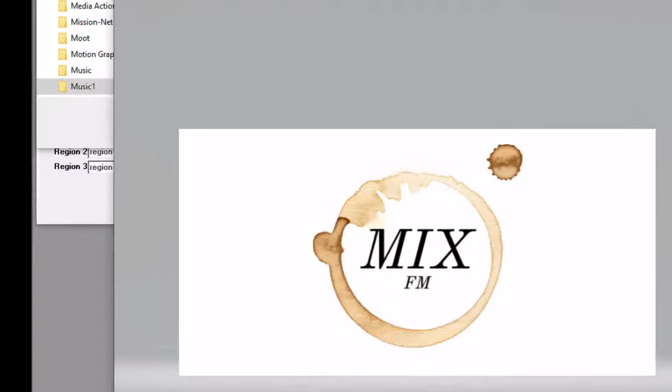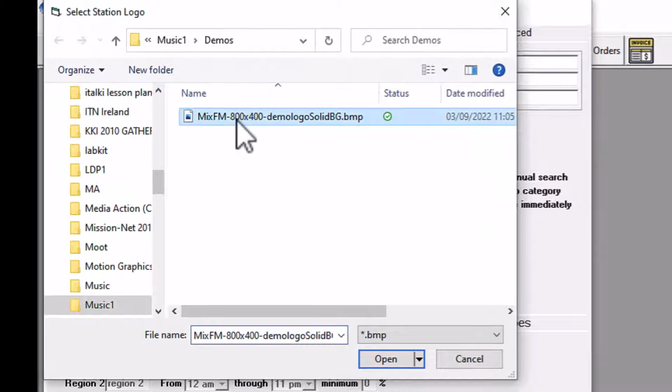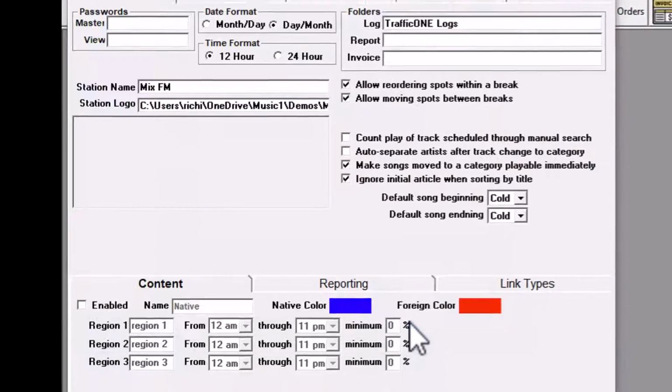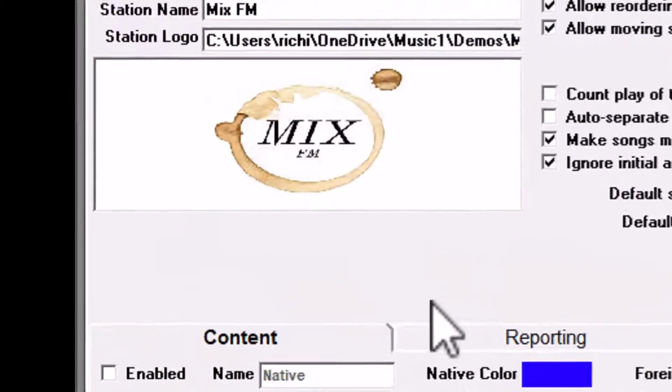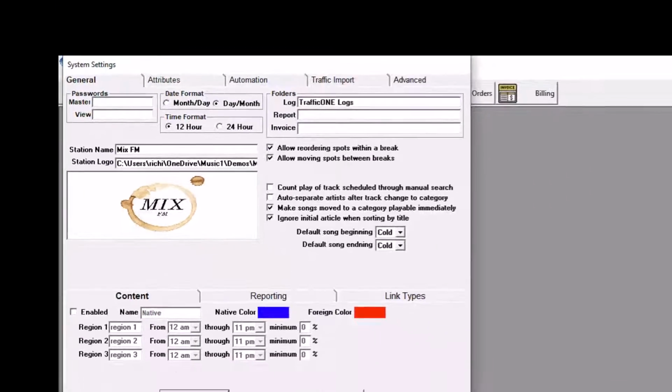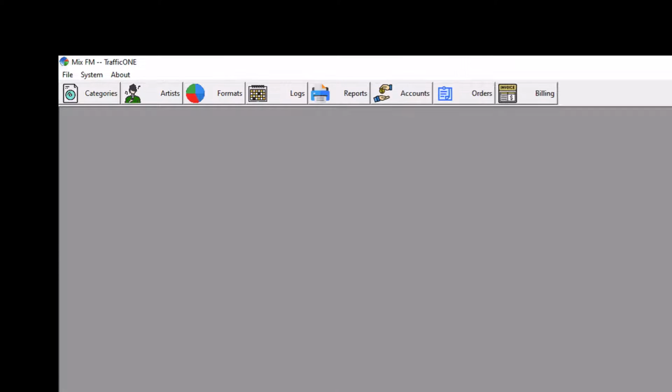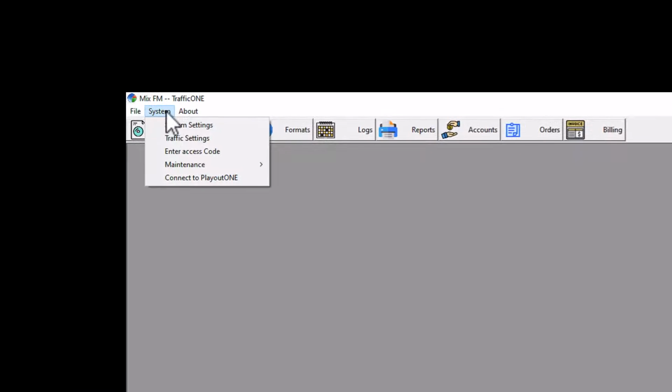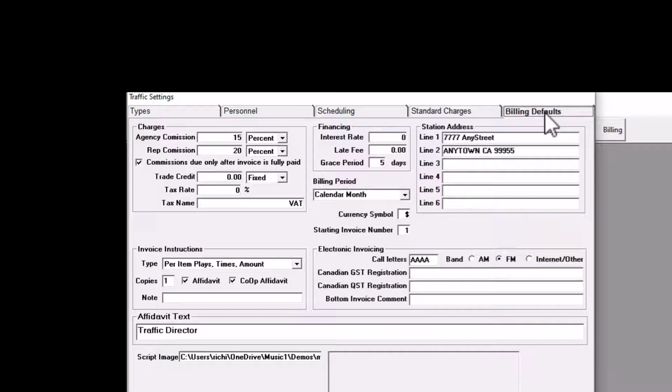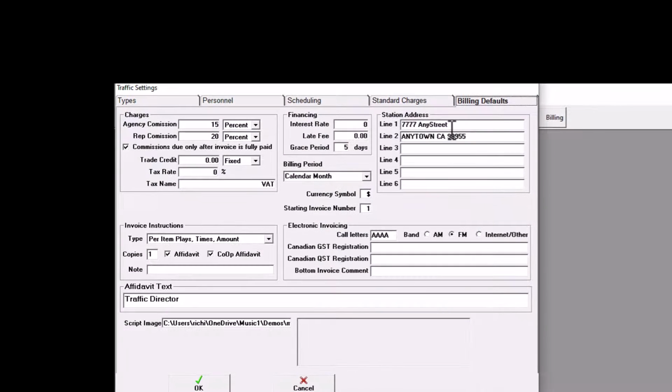So if I come back to TrafficONE, I should see it there. So I can click on that, open it, and there you go. Okay, so the logo is in there now. Click OK. Now you'll also see in traffic settings, billing defaults, and you can actually just put your station address